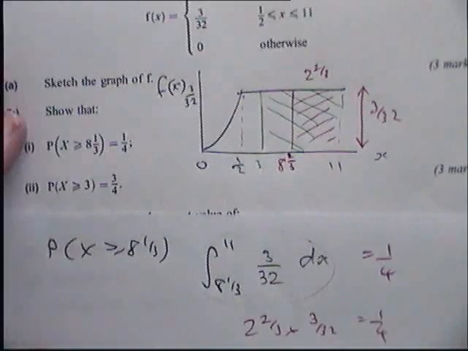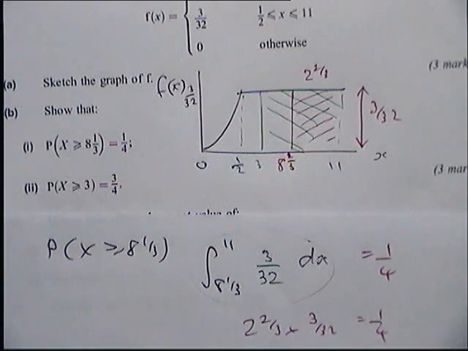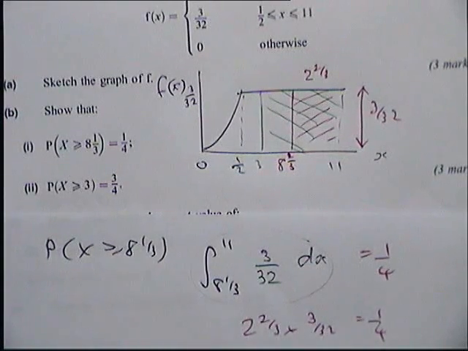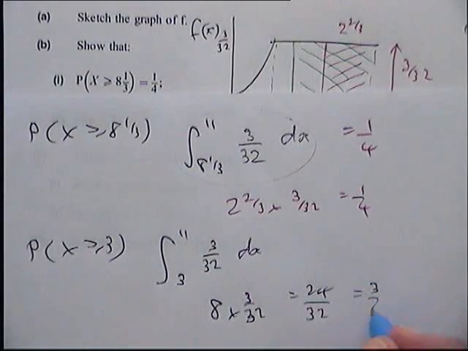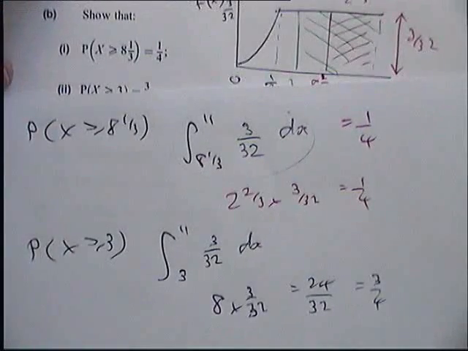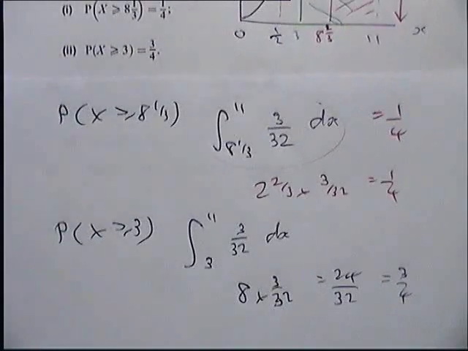If you multiply that together, that was the width times the height. You should get 24 over 32, which is the same as 3/4, which is what you were expecting. Sorry you couldn't see that. If I go off the screen, please tell me. And there was 1 mark only for that bit. So that's a 3 mark part